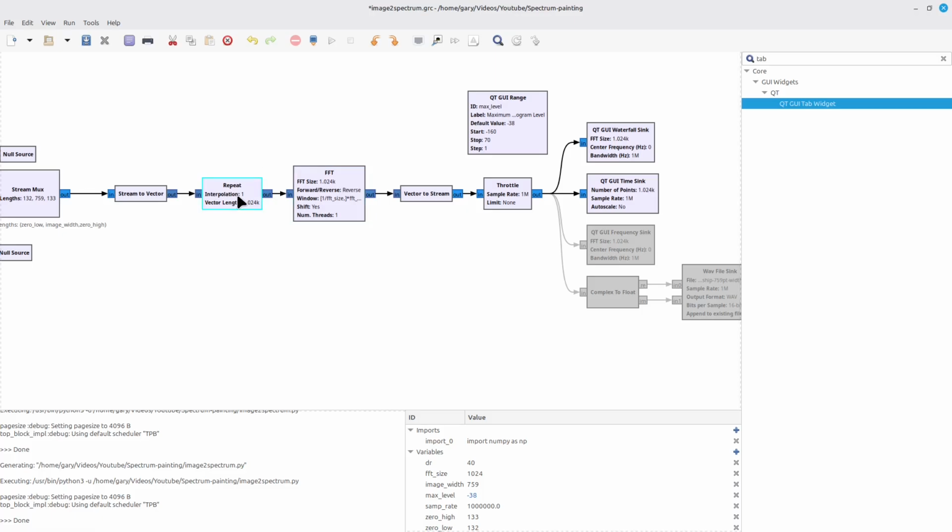Here is the actual FFT, but notice beforehand I have this block called repeat. What I'm doing there is that in certain cases your spectrogram might display the signal very slowly, and if that's the case, then it's going to look squished vertically. In order to get around that, you might need to add a lot of repetition to each line in order to blow it up, to expand it vertically. Now again, this is going to depend on the particular spectrogram, and trying to design it for every possible spectrogram with one repetition value is impossible because there are too many variables involved with how fast a spectrogram updates.